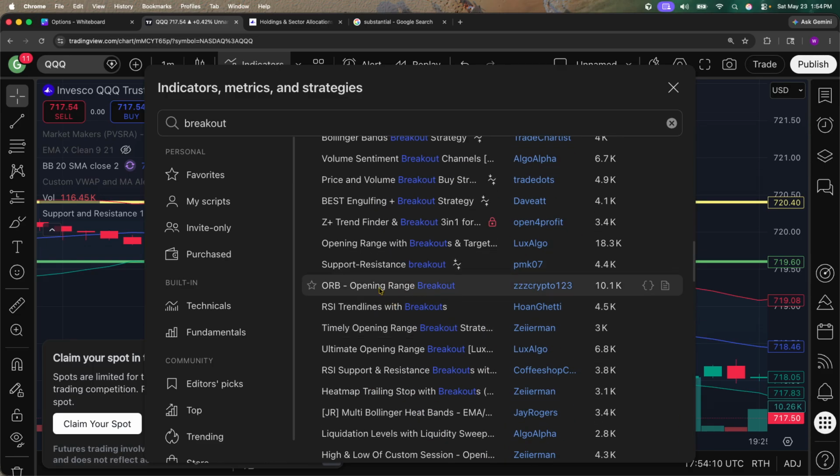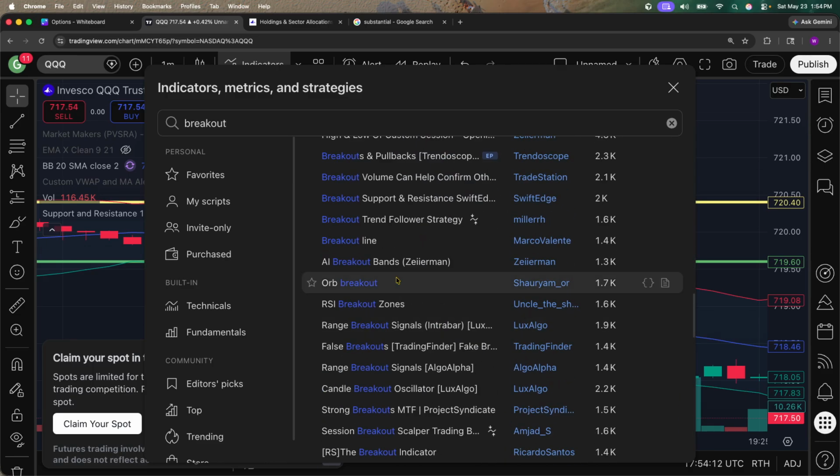Look at opening range breakout, ORB. See, I just told you about that. AI breakout bands. They're just using the name AI. Let me see what this is screaming. And in order to see what the strategy is, right, we're going to click on these brackets or the source